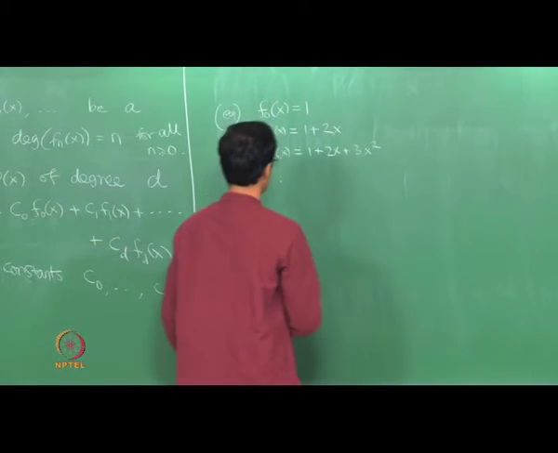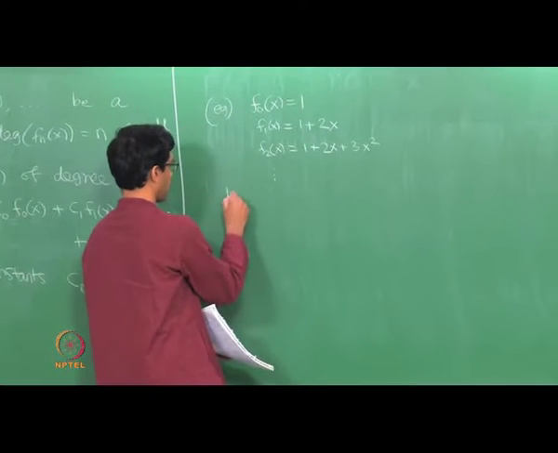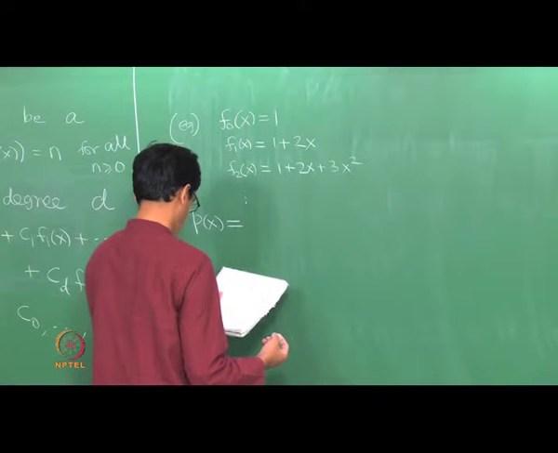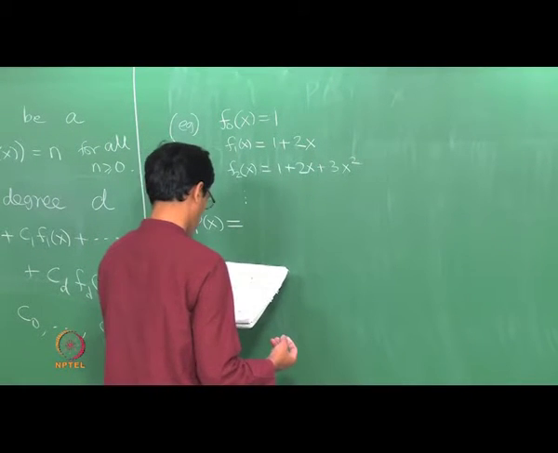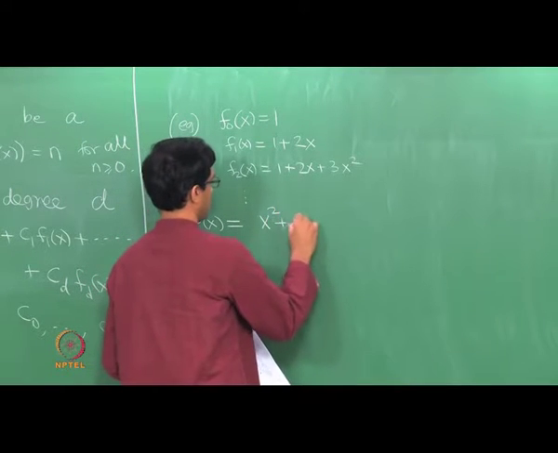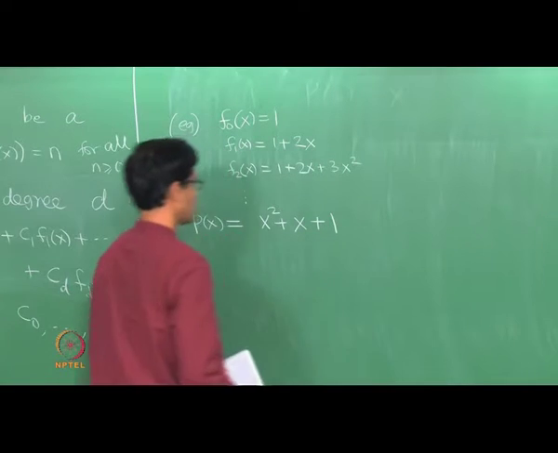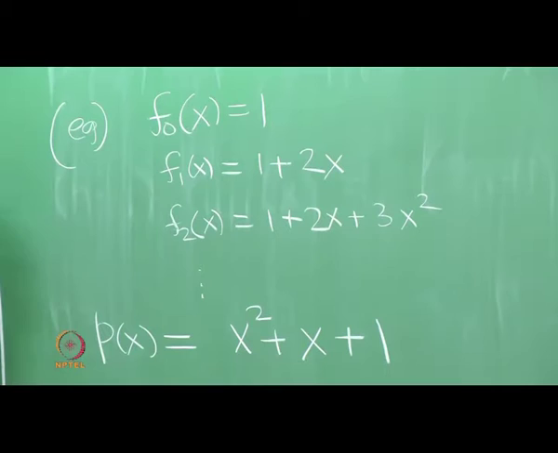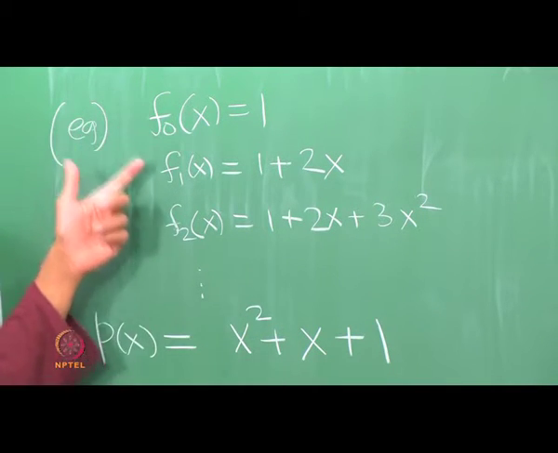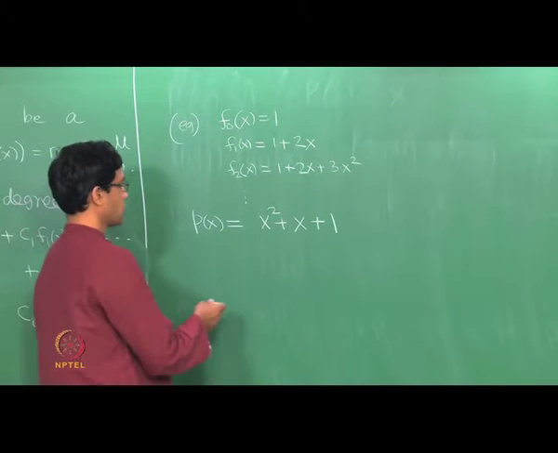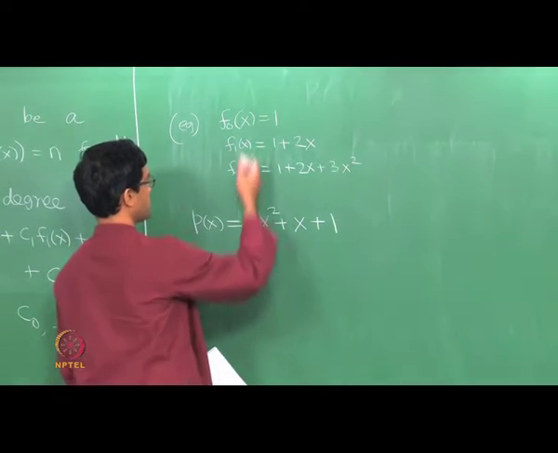Now what I want to do is, let us do this by example. Let me take a polynomial p of x to be, let me just write something down, x cubed plus x squared plus x plus 1. Okay. So maybe I will just do x squared plus x plus 1. Let us keep it even simpler. Suppose I take the polynomial x squared plus x plus 1 which has degree 2, and so this principle should say that I should be able to write p purely in terms of f0, f1 and f2 as a linear combination of these three functions. Okay. So how do you do this? How do you write p in terms of these three guys?